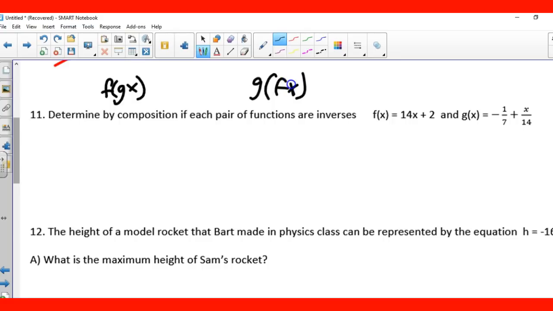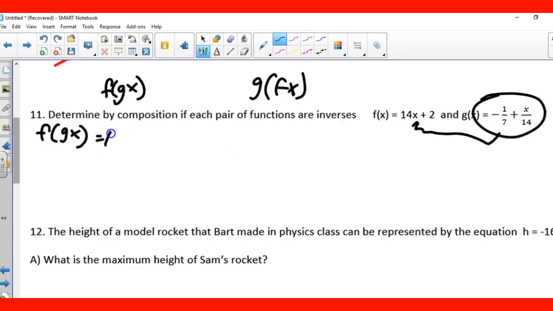Composition means I'm placing one function in the other one to simplify. Okay. So for the sake of this one, I'm going to do f of g of x first. Like that. So f of g of x means I take g and I plug it into f. So right here where I have 14x plus 2, I'm going to put in place of this x right here,